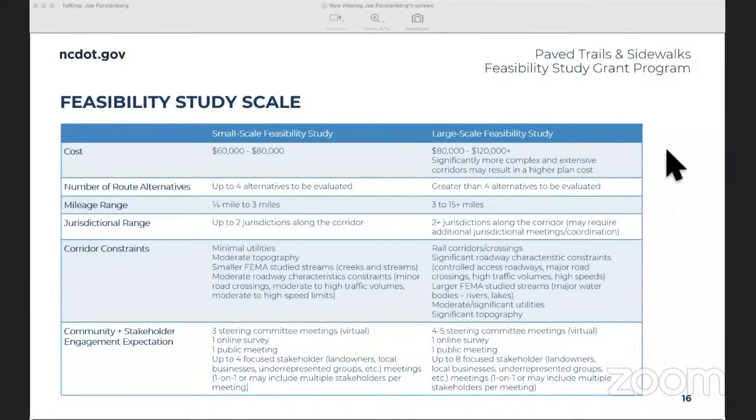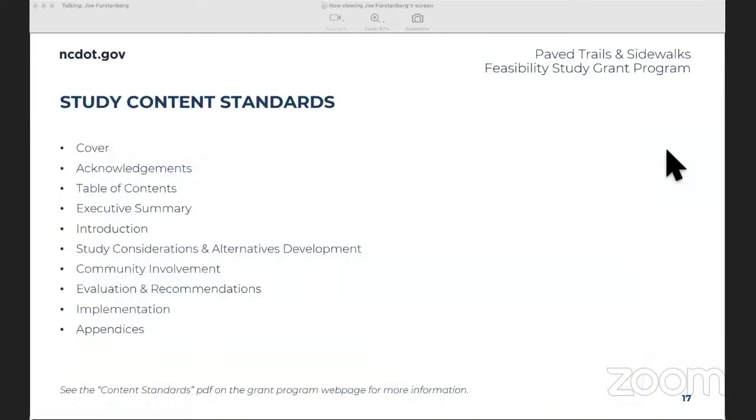But just to give an idea of the breakdown there as you all are considering what type of study you'll be submitting, the small scale to the large scale. Looking at the feasibility study content standards overall, I don't think any surprises here, but the deliverable that we'll have will include